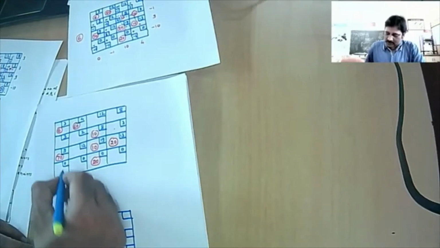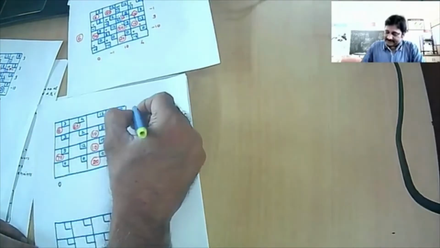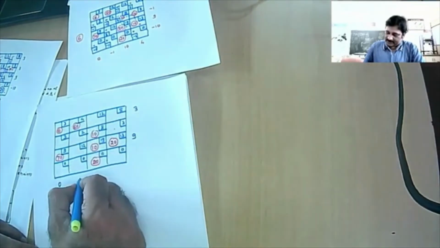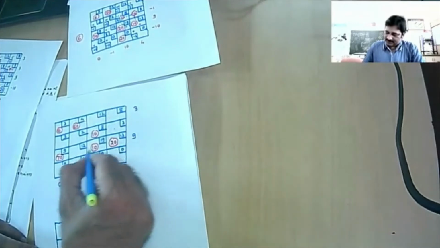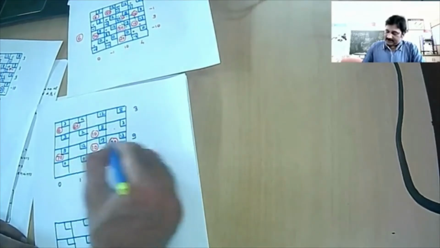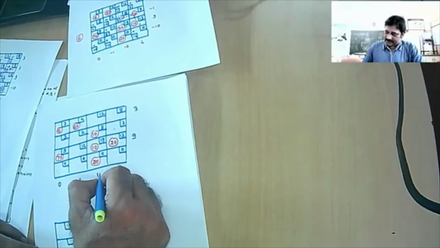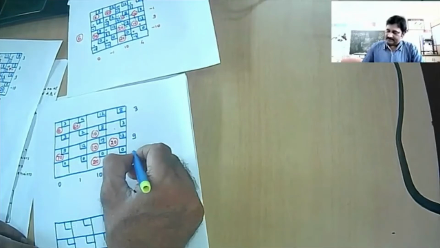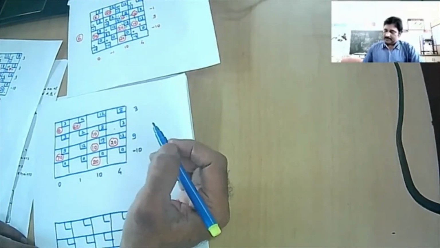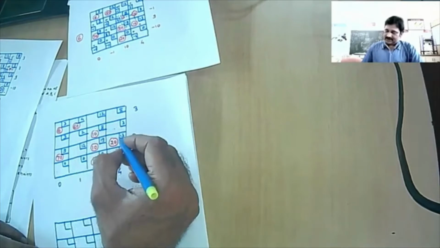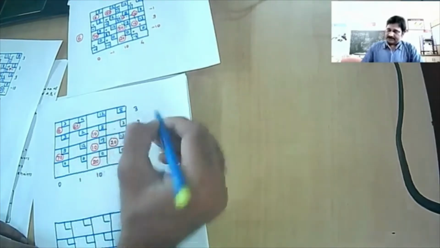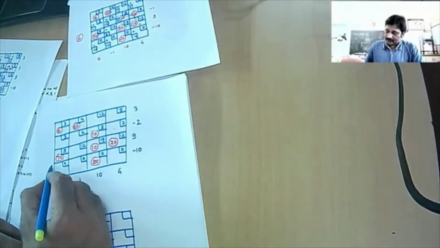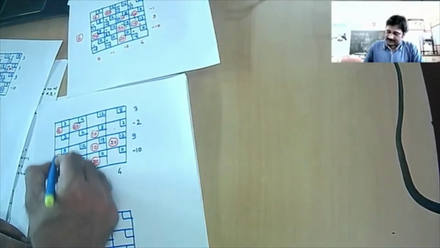So here 0, and with reference to the allocated cell, here I get 3, here I get 9. Then from this 3 I'll be getting here 1, 4 minus 3, and from this 9 I get two numbers. 19 minus 9 I get 10, and 13 minus 9 I get 4. With these two numbers now I'll be getting 0 minus 10, minus 10 here, and 8 minus 10, I'll be getting minus 2 here. Okay, now with this, let us find out the implied cost values in the empty cells.